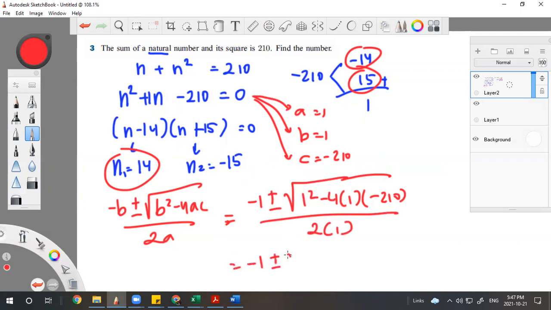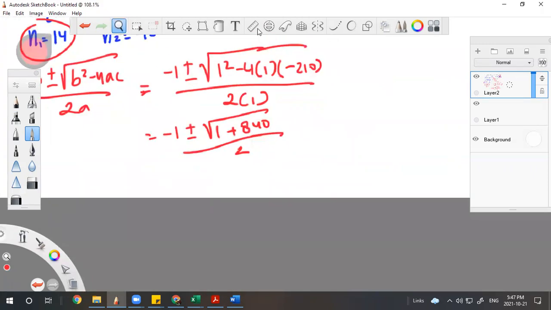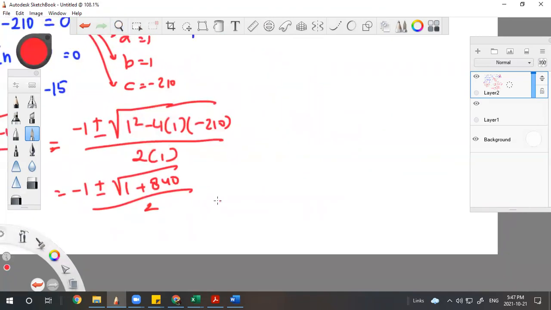Negative 1 plus minus square root of 1 plus 840. Oh my goodness, so much, over 2. So again, sorry for the bad display. 841 over 2. The square root of 841 is something. It's 29